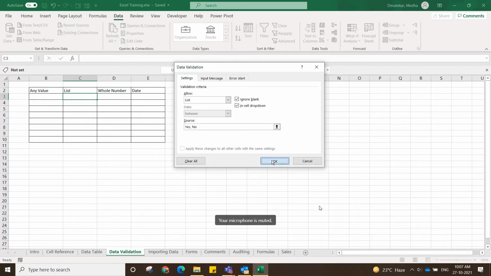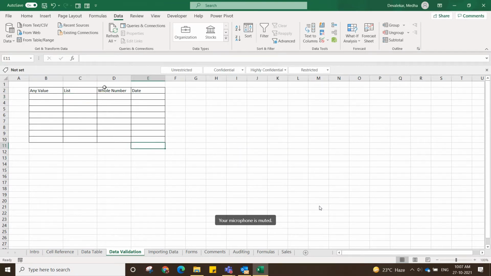Then if I click OK, now here you can see this is our input message. It will show us like this. Then here you can see a small arrow. By clicking on this, it will give you two options to select, Yes or No. Now I click on Yes, it will select Yes.